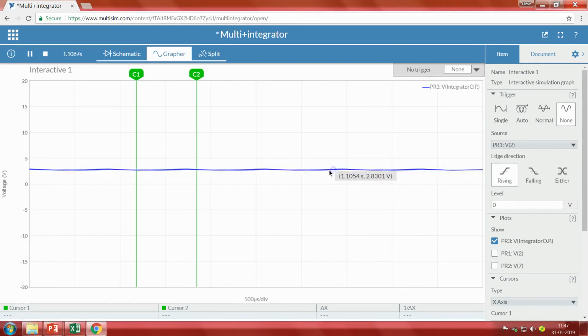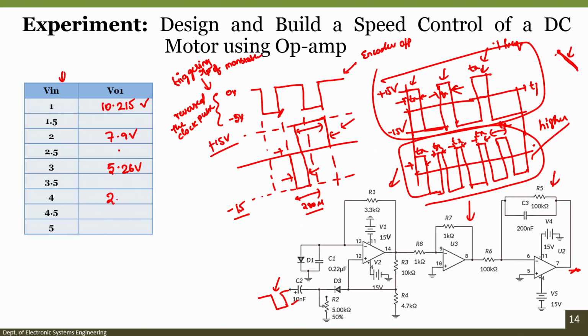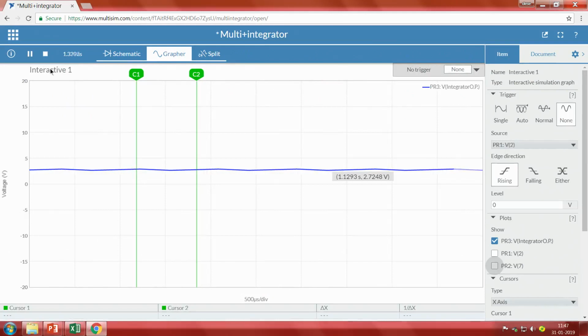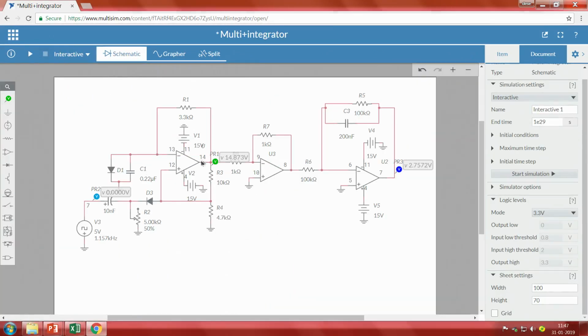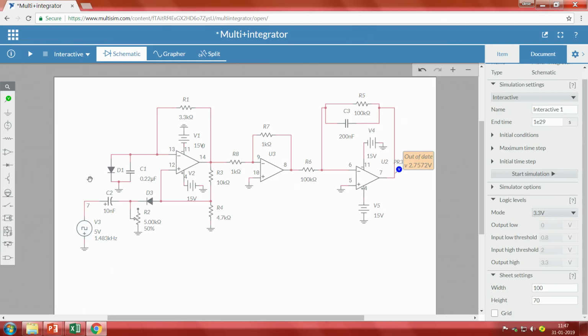Now it is 2.7, so I will write down 2.7 for 4 volts. Then we will go with 5 volts. Let me stop. 5 volts corresponds to 1.483 K, which is what we observed yesterday.